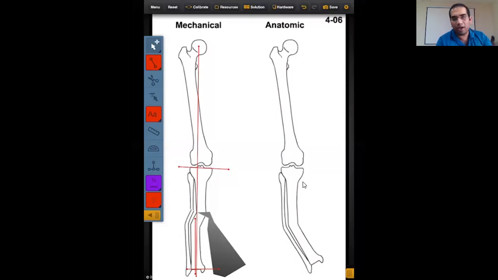Okay, what will I do? I will take a measuring tape, and at the end of my correction, I will put one end of the tape over the head of the femur, the other at the ankle, and I will measure the length. And as I also know the desired length of my normal side, I will see whether I have corrected the desired length or not. If not, then I will again move my hinge 1 centimeter more medially, and then again I will do the opening, and then I will measure.